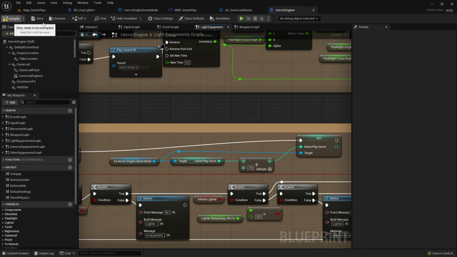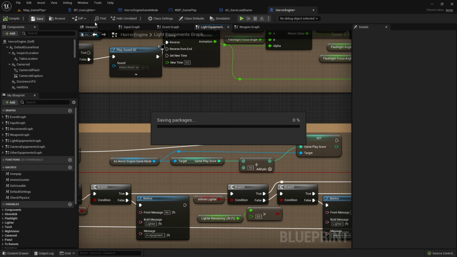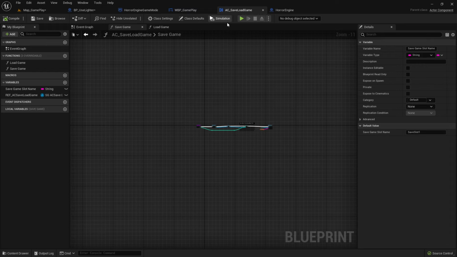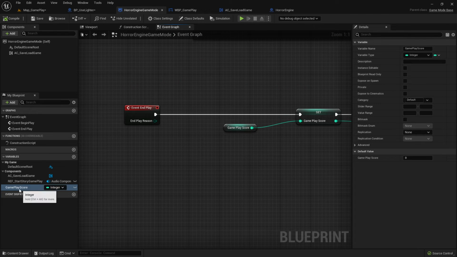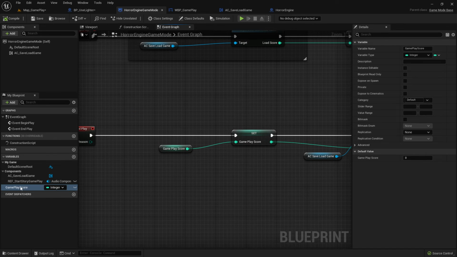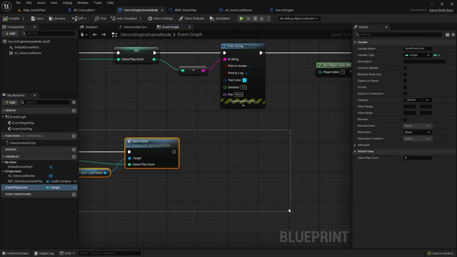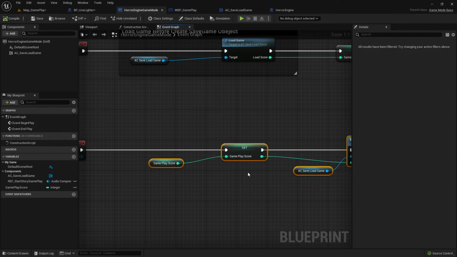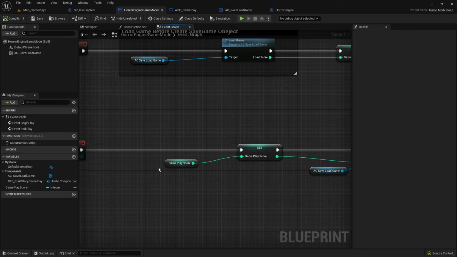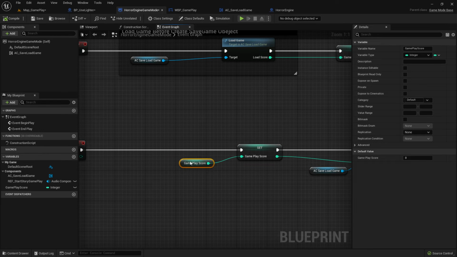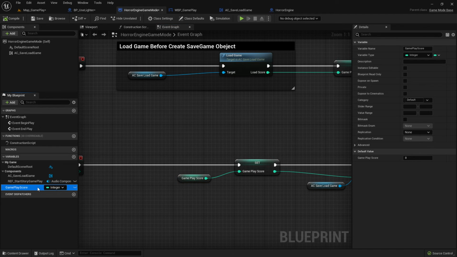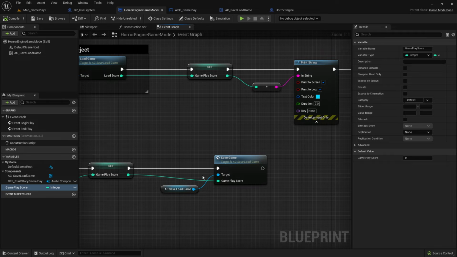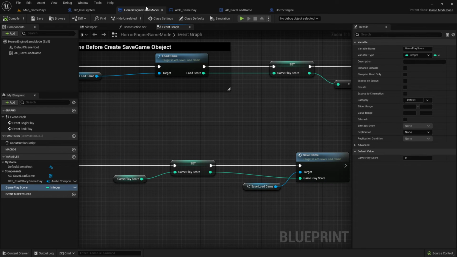Okay, so we have now a way to add 10 points to our score, and we're adding to the score here to this variable. This variable is now where we use this variable. One way is when we save it. This is the save game which we set up earlier in one of my videos where I explained to you that at the end of the game, all time when we close it, this score which is here will be saved. This is nice, but not the right place, because we want it